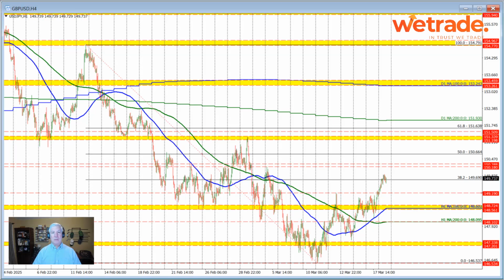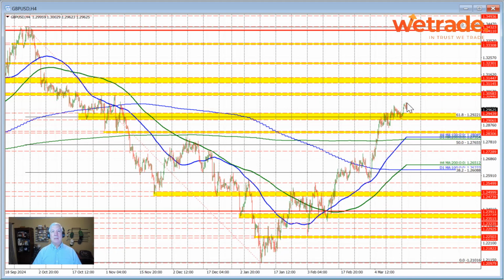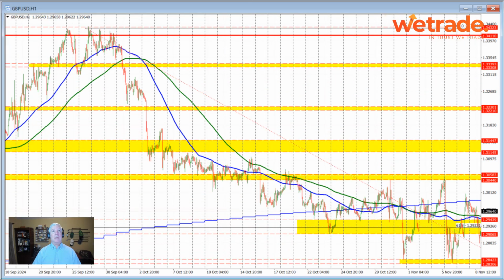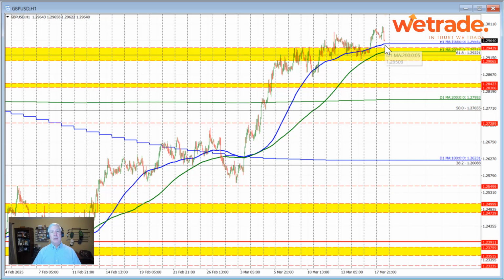Finally, let's take a look at the sterling versus US dollar, and we've seen a rotation to the upside in trading this week. This is the 4-hour chart. We corrected a little bit lower in trading here today and rotated to the upside before rotating back down again. Off of the hourly chart, I want to go to that chart here because the 100-hour moving average is coming into play at 129.54. If we do move back below that level and back below the 200-hour moving average right through here, we could see further liquidation on the failure to extend after breaking above